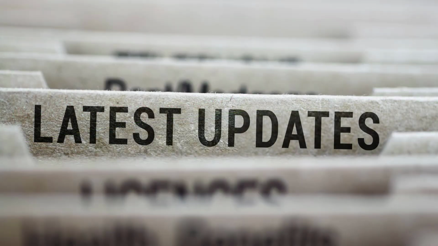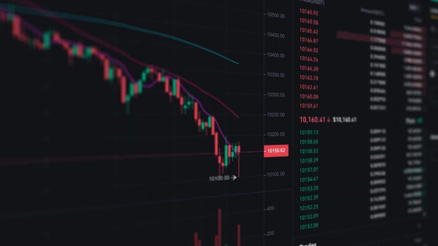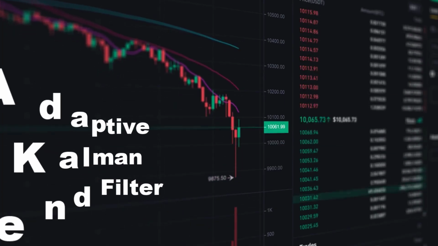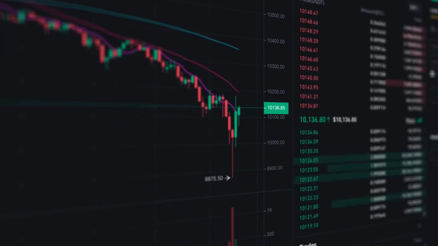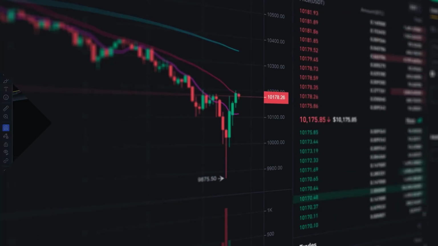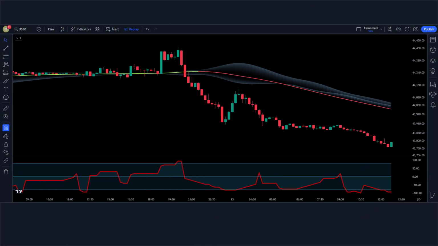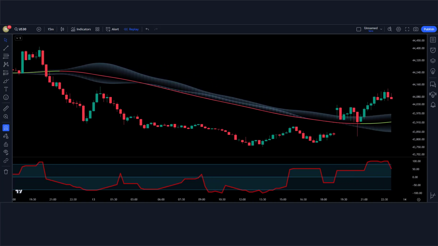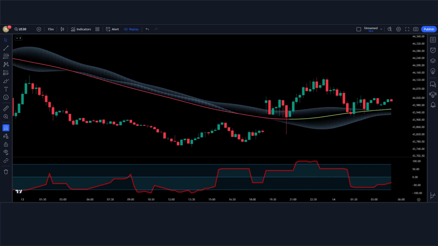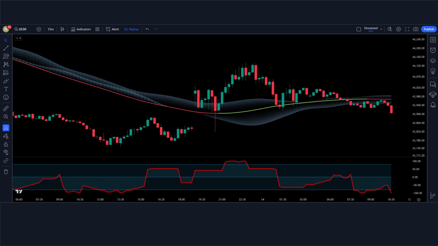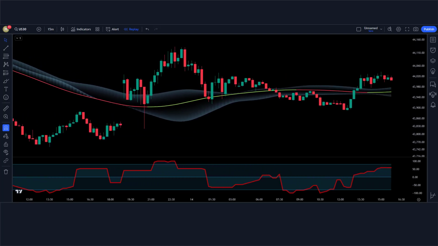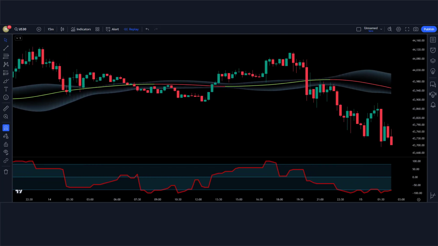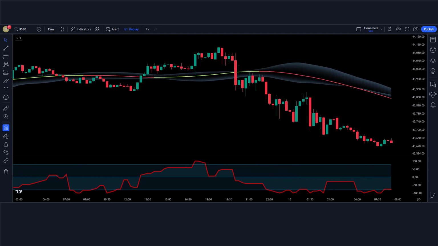In our latest video, unlock the secrets to maximizing your trading potential with the innovative adaptive Kalman trend filter. We've broken down this powerful tool, showcasing its unique features and effective implementation techniques to refine your trades. Learn how the adaptive Kalman filter can adapt to market conditions in real time, helping you avoid pitfalls and seize opportunities like a pro. Whether you're a seasoned trader or just starting, this strategy is tailored for everyone looking to